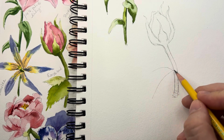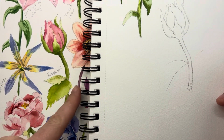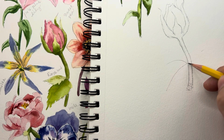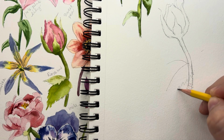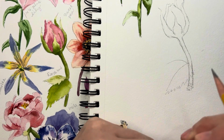So I'm taking this big one first and I'm gonna look at the shape. Let's look at it. It overlaps the stem and comes all the way to the right of it. So we're going here, okay? And then from here, we're gonna come out and zigzag our way down. Think like lightning, okay? Now, as I did it slow, it was a little bit